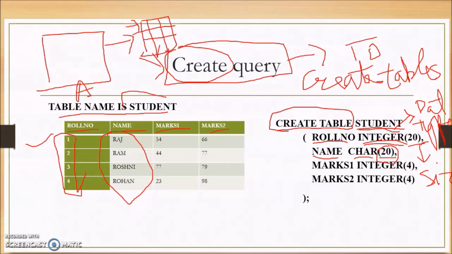If it's coming in your question paper, if it's mentioned there, then you would write that data size only. So the next column is marks 1, then integer, again data type, then size, comma, then marks 2, integer, data type, 4 is the size. So if there were only 4 columns, we mentioned these column names, then close the bracket and add the semicolon. We have already learned during the rules of SQL queries that you would be ending it with the semicolon.